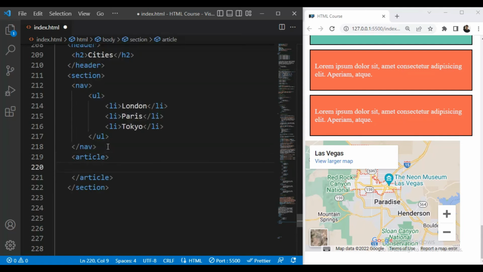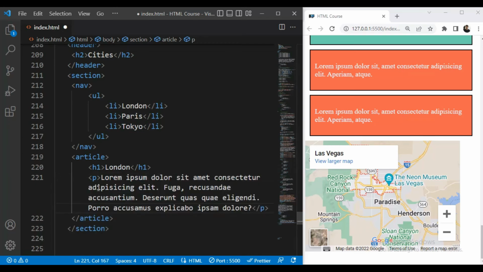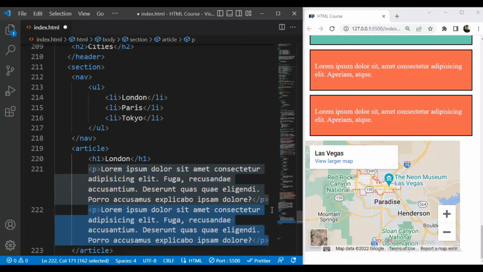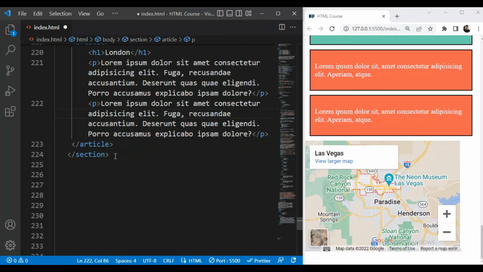So inside the article element we'll add the city names, for example London, and then we'll have some paragraphs, so we'll add some dummy content. Okay, we'll copy this one more time, and then we'll have a footer.